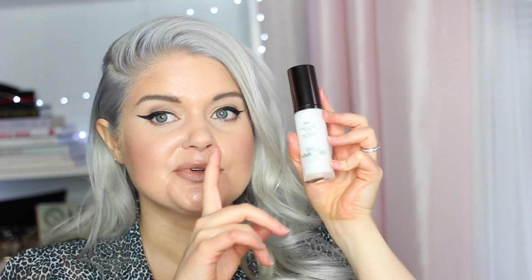And here's the thing, I don't like to recommend things to you that are just expensive for the sake of being expensive, because I do realize that not everybody has, like, I think it's like 50 bucks or something to smack down on a primer. So, do I think that this is the only primer out there that is worth your money? No. Do I think this is like a have-to-have primer? No. There are great primers out there that cost less money, but I was gifted the full-size bottle at Gen Beauty,